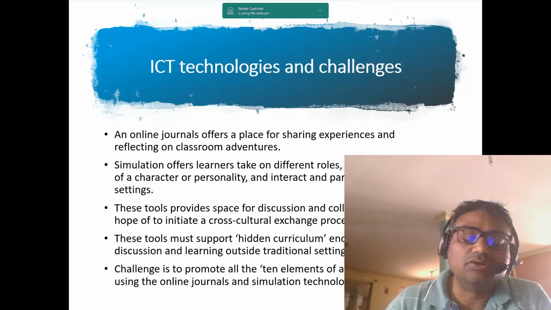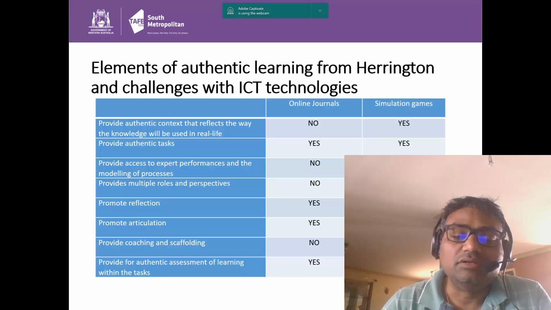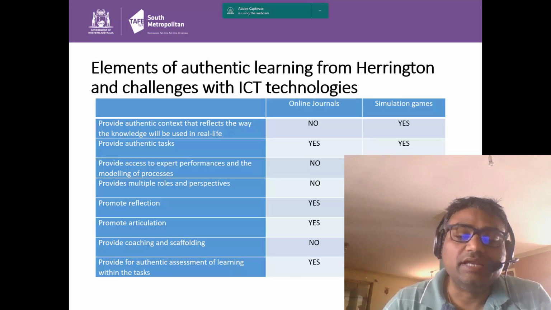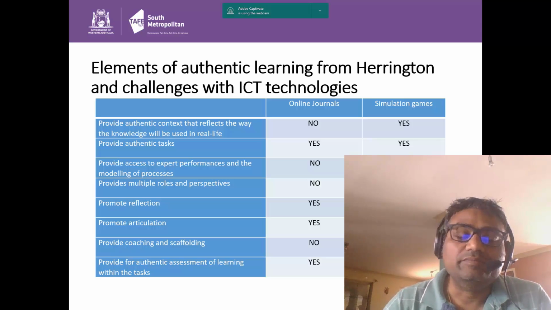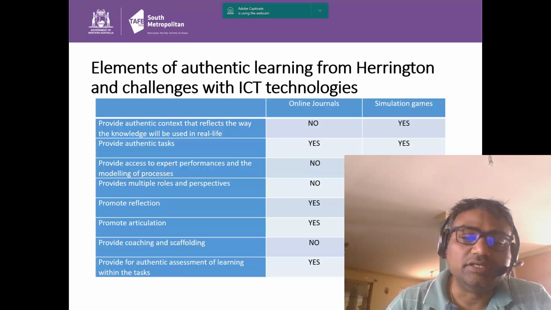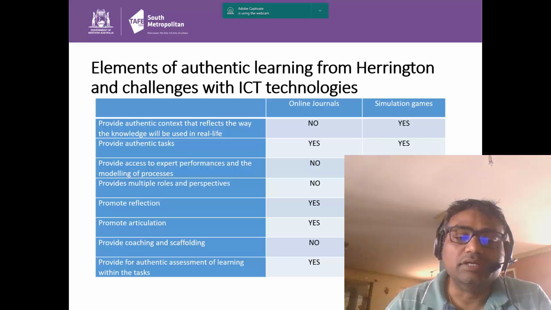The challenge is always to promote the 10 elements of authentic learning. It's not an easy job, even though I know the advantages of each of these tools. There is a limitation on each of these tools, but I want to combine and take advantage of these. So online journals, in a sense, provide authentic tasks, but also have a very good way of reflecting, articulating, and at the same time,